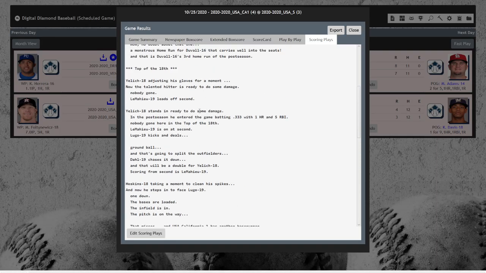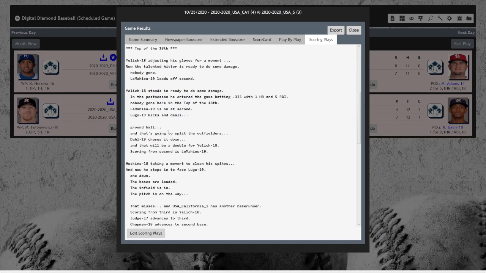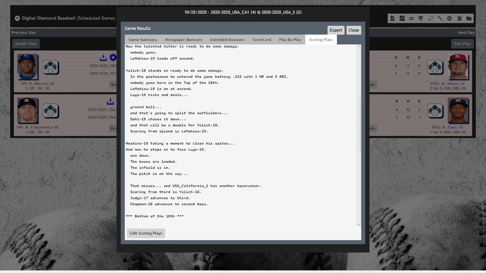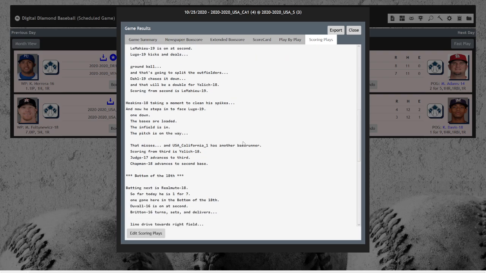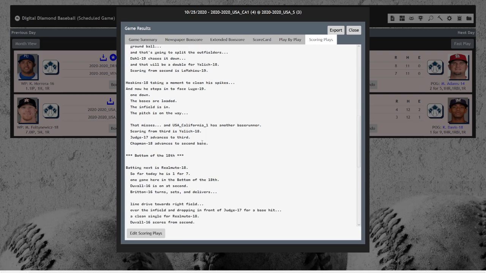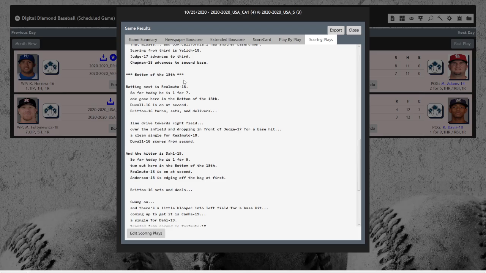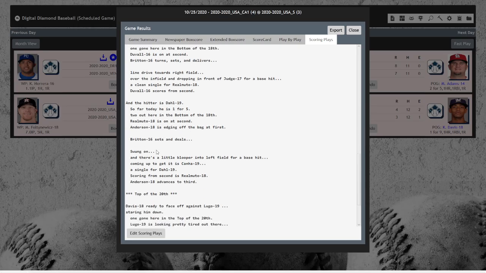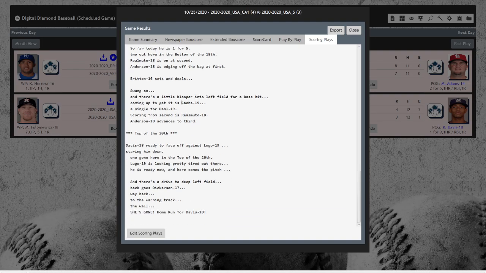Top of the 18th, Yelich. Double for Yelich. Scoring from second is LeMahieu. And then there was a bases loaded walk, so that's how they got their second run. Bottom of the 18th, we have Realmuto singling in Duvall. David Dahl, base hit to left field, scored Realmuto, so that tied the game again in the bottom of the 18th. And then top of the 20th,